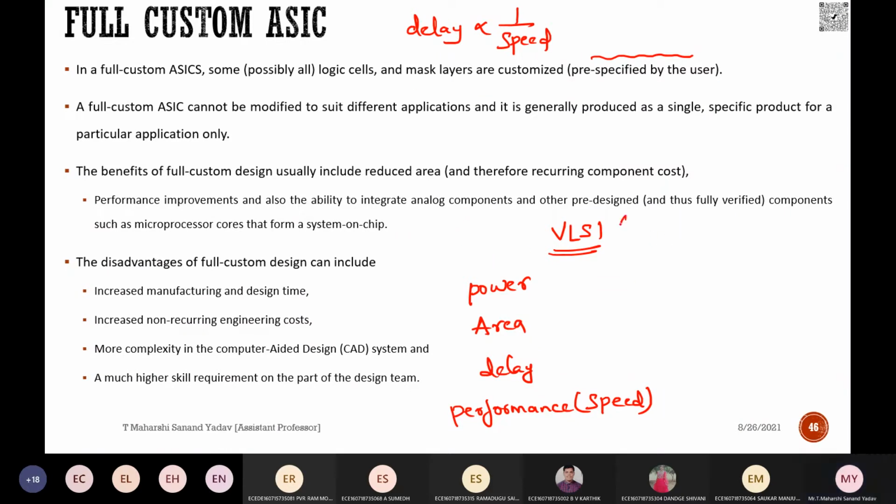And it depends upon one law called Moore's law. Can anyone tell me what is Moore's law? For every 18 months, the number of transistors used in a circuit doubles. Then what will happen to the area? Area increases or decreases? If you are increasing the number of components, at the same time you are reducing the size. Area increases.